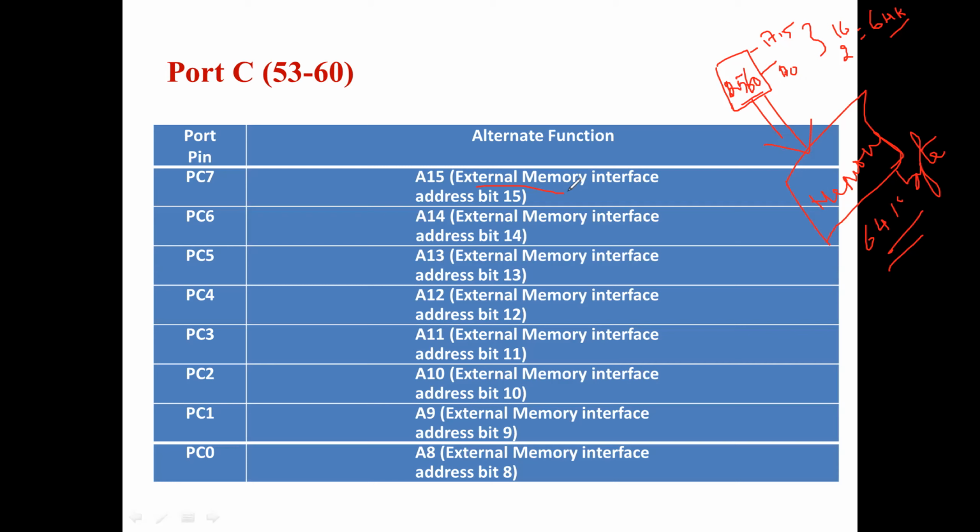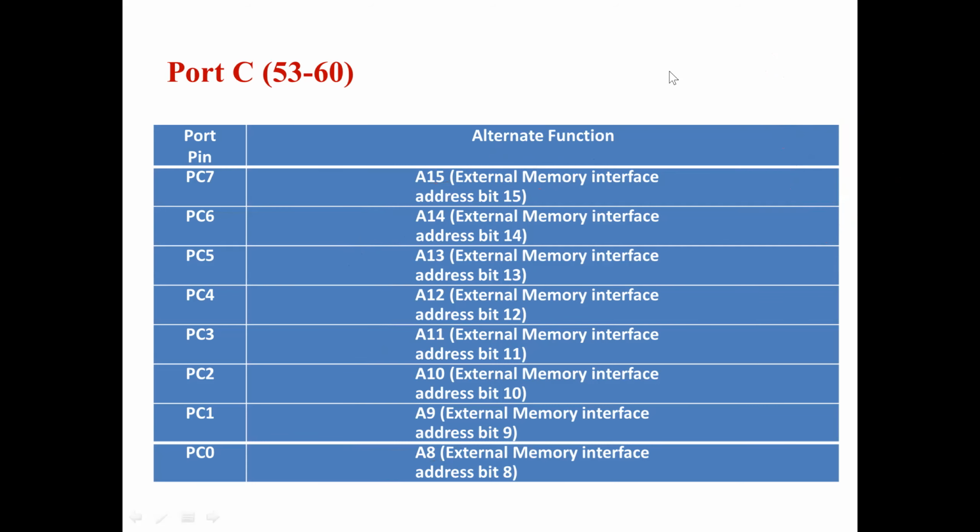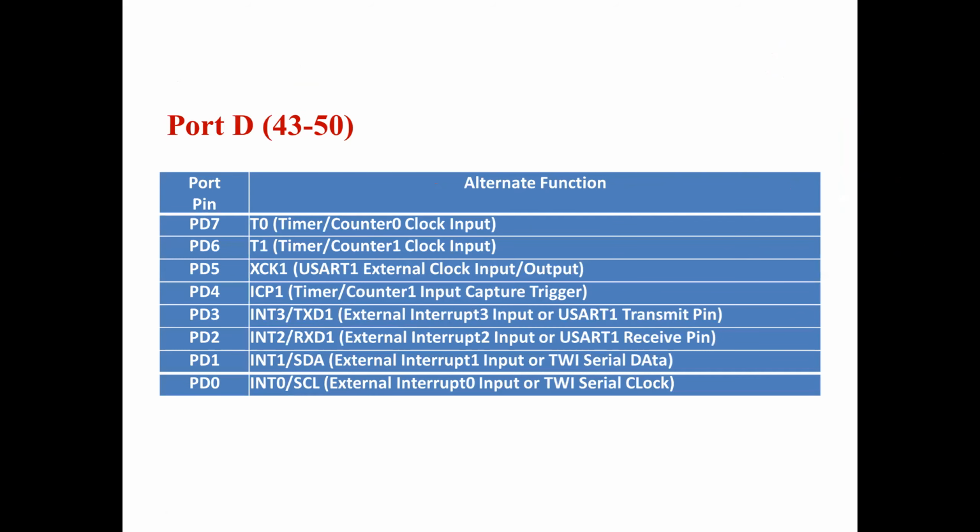Okay, so the address A8 to A15, that is the higher byte of the address, can be sent through port C. In order for your 2560 microcontroller to generate a 16-bit address, through these lines you can obtain a 16-bit address. Here we have 8 bits, and previously in port A we discussed another 8 bits, so totally 16 bits, which will point to some external memory location. This is all about port C. So port C has multiple functions. Next, port D we will discuss.